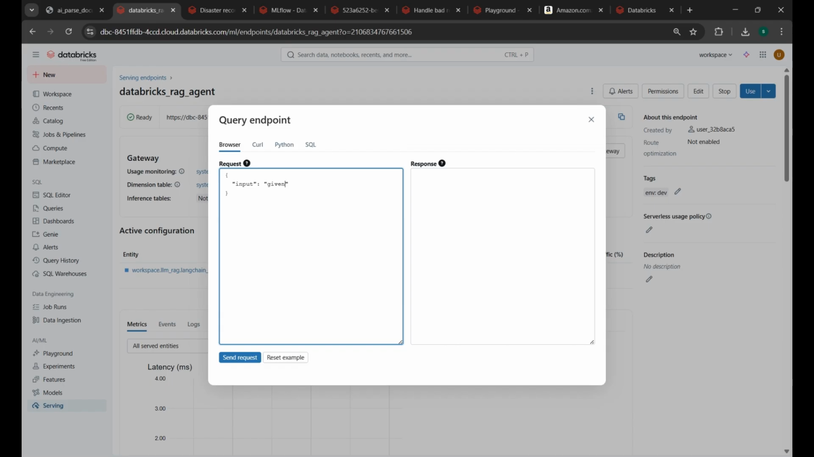So if I click on use, and I type, give me steps for doing disaster recovery in Databricks. The moment I click this,